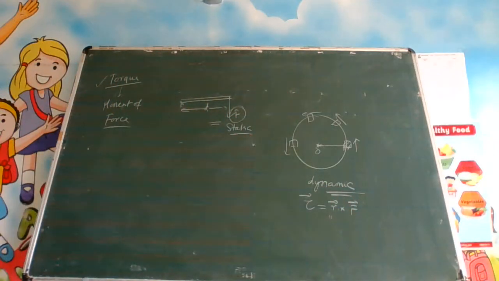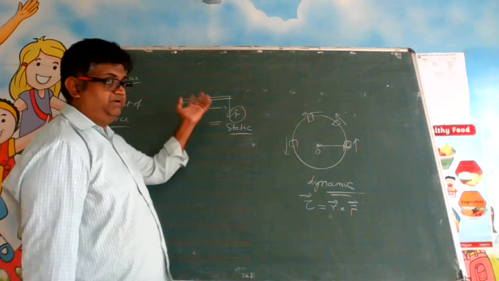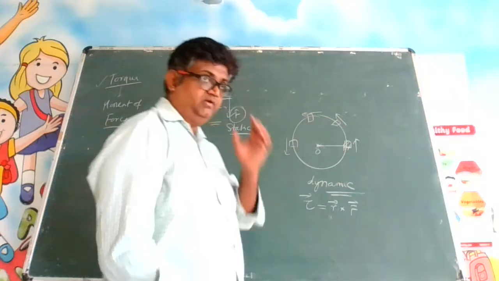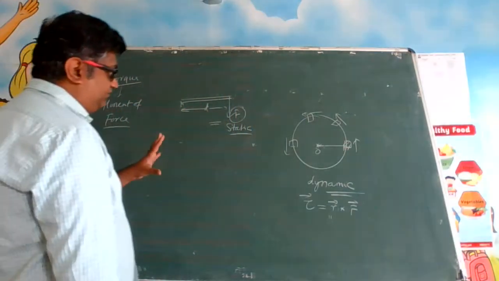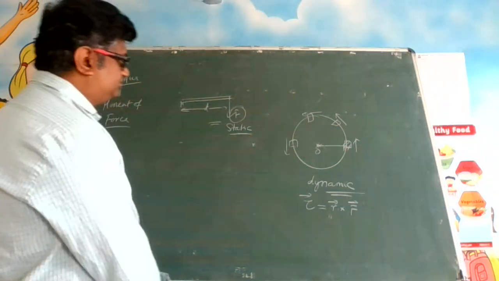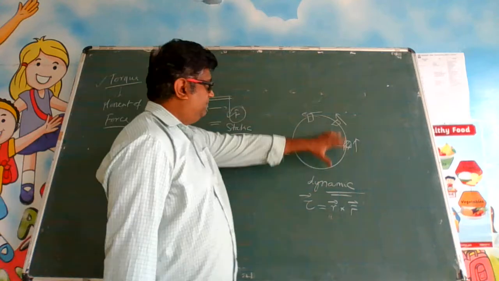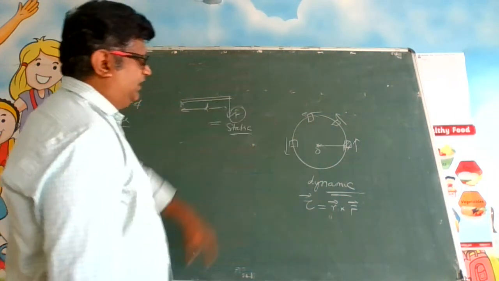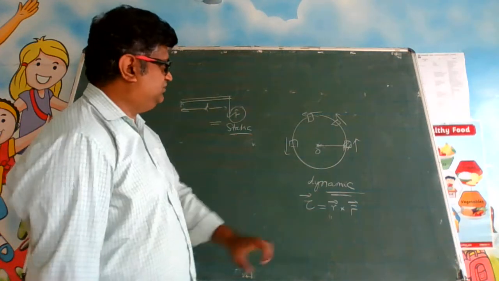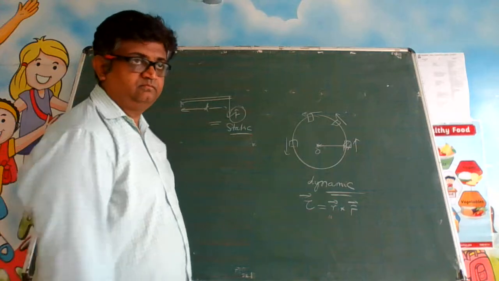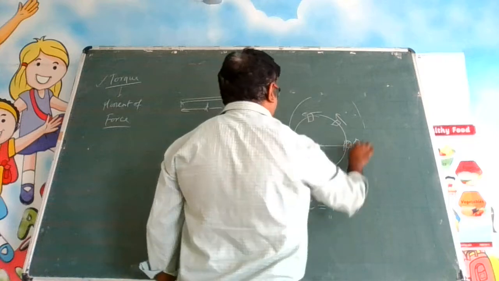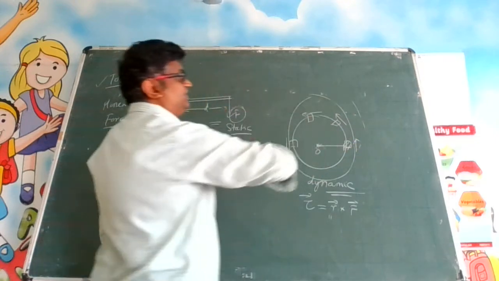I am trying to tell this from the point of moment of force, because many times moment of force and torque look very synonymous. But the slight difference, as I understand, is that this type of situation is basically for static forces. But if a particle is rotating about a point, mind you, this rotation need not be circular. The particle may be rotating in an elliptical path also, or in some other fashion.